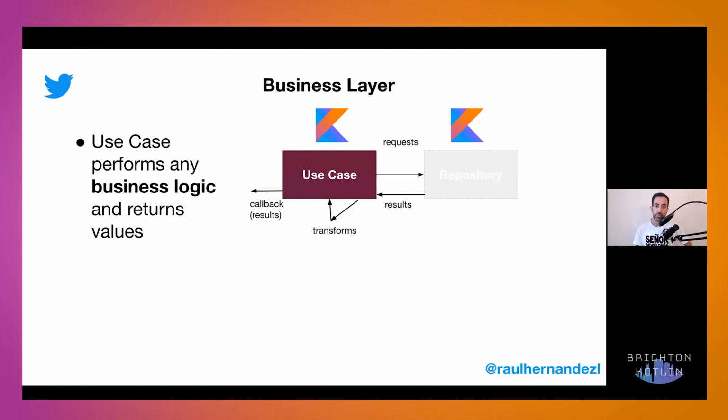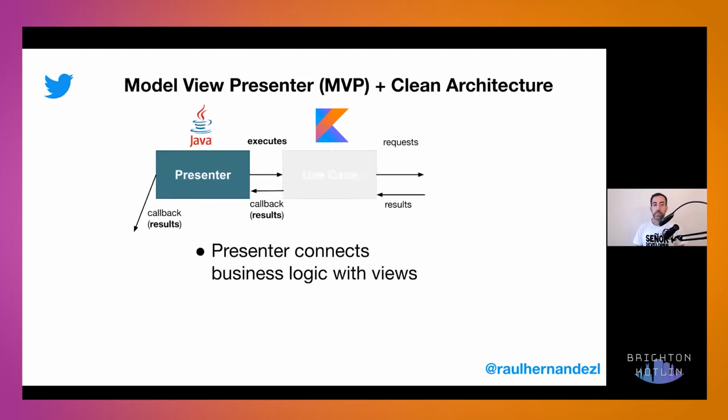The use case requests these results from the repository, gets the results back, transforms them, and then passes this back by means of a callback initially. And then I connect this area, which is the main architecture area, with the presenter, which is the main responsible for the presentation layer. Basically, this is executing the use case, and from this point, everything starts.